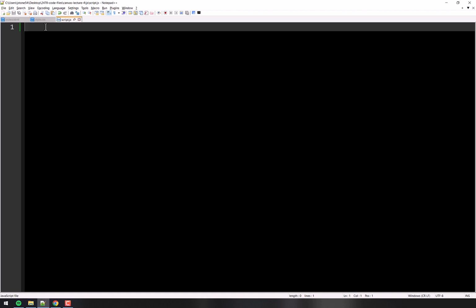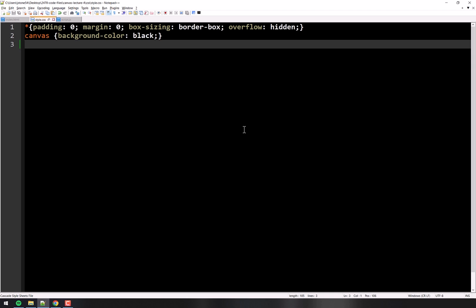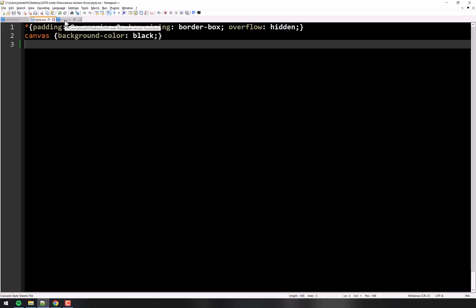So we look in the script, there's nothing. And in the CSS, we just did our reset on line 1, and then we've given the canvas a background color of black. Let's go take a look at that in the browser, and this is what we get. Now notice that the image is not in the canvas. It's an element in the document, and it's above the canvas. The image is just displaying inline, and then the canvas is right next to it. If I resize our canvas like we normally do, that ship will still not be in the canvas. So let's do that in our JavaScript. Let's get some of the basics going, and then we'll talk about how to take care of that spaceship and get it the way we want it.